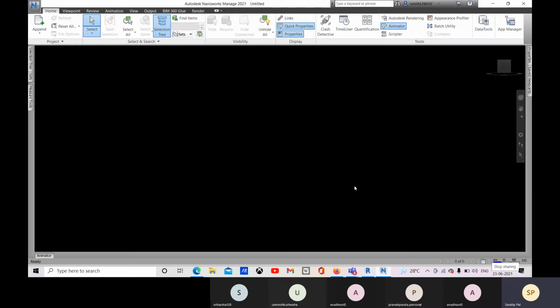Okay, and then you have NWF file. So NWF file is generated for your integrated model, where you append multiple discipline files as a single file, and in that NWF file all your Revit files will be linked. You remember in Revit, there is an option Revit link. It's kind of a similar thing. So if you update the main file, it will be updated in that NWF file. So it will be linked.